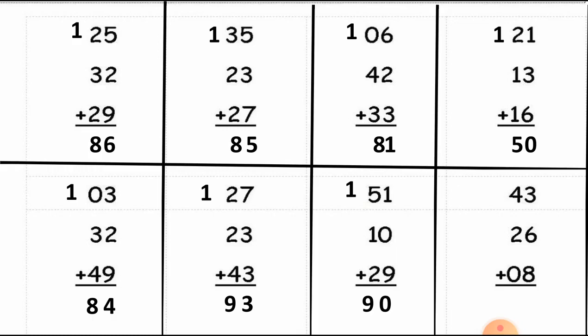Let's move to the next sum, and also the last: 43 plus 26 and 8. In this, the ones column is 3 plus 6 plus 8. Now the total of the ones column is 17. So we can write 17 this way, 7 at the ones column and 1 will move as a carry forwarded number. Now let's add the tens column, which is 1 plus 4 plus 2 plus 0, and the total of the tens column is 7. So here is our answer, 77. Hope there is no doubt in this topic.